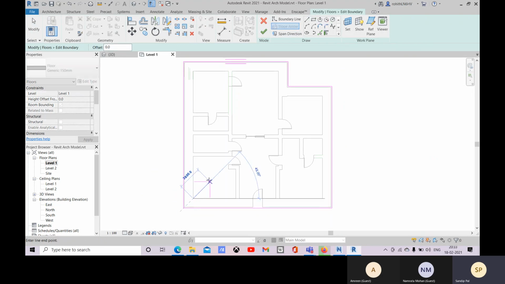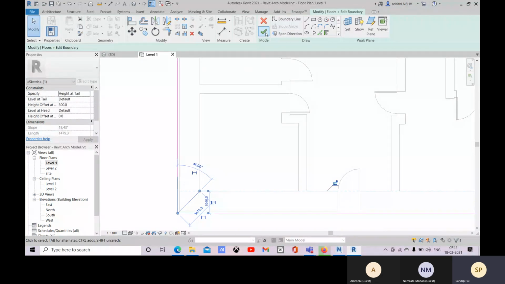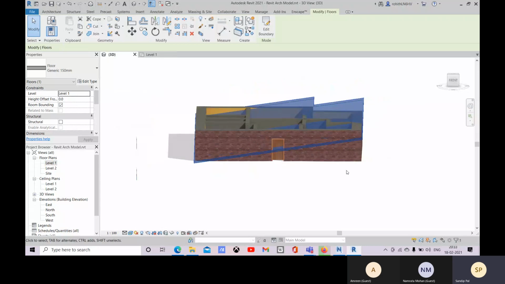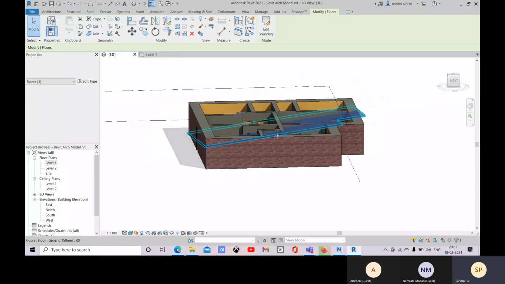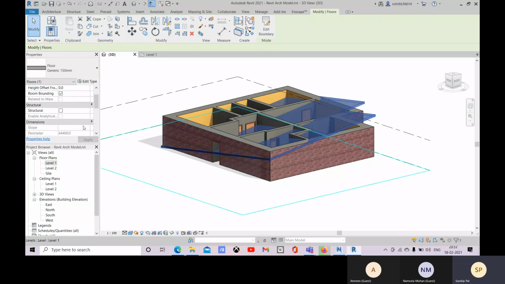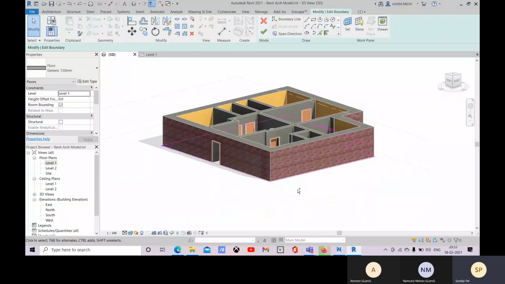Okay, and you specify this side as the slope arrow. This side will be the slope arrow, and you can mention how much slope will be there. While specifying that, let me edit it, let me change it.